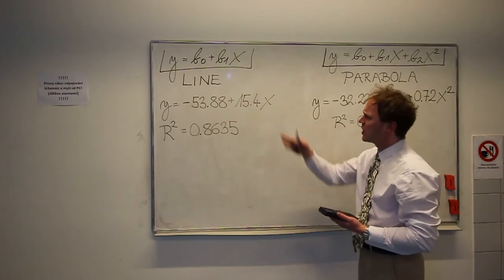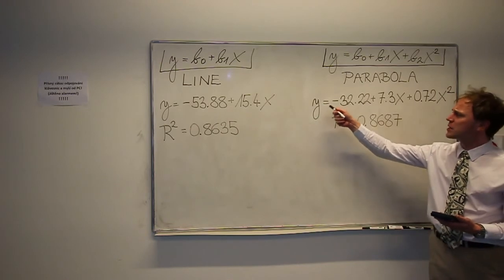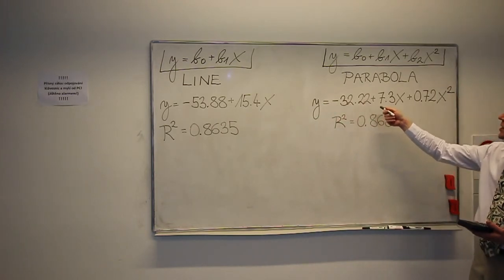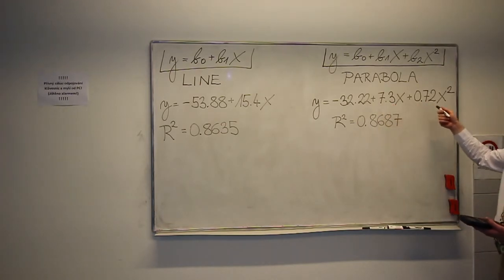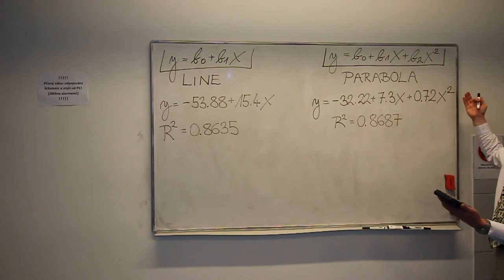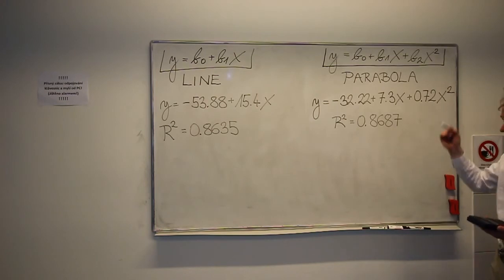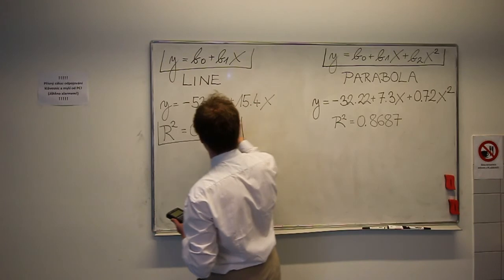So this is the line. And the regression parabola is equal to minus 32.22 plus 7.3x plus 0.72x squared. So here we have our two models, and I rewrite the classical R squared